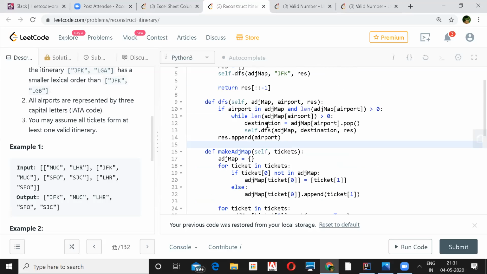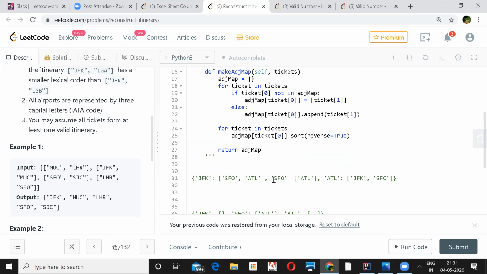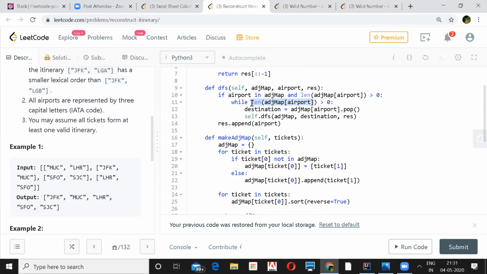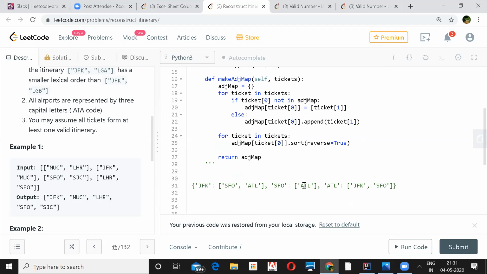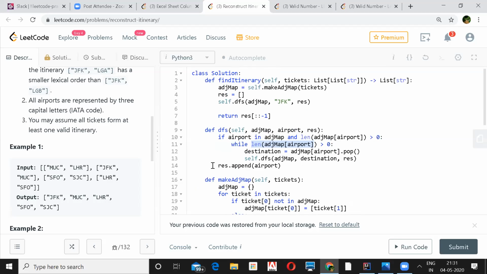Yeah, that is true. But how do you determine that this is my answer or not? Like, you're asking about one partial solution, right? Yes, exactly. Once you find that the entire list corresponding to this is over, you'll append that. You are appending it, but not at the end. Okay, gotcha. When this list gets over, after that you append that one of your source station, airport.